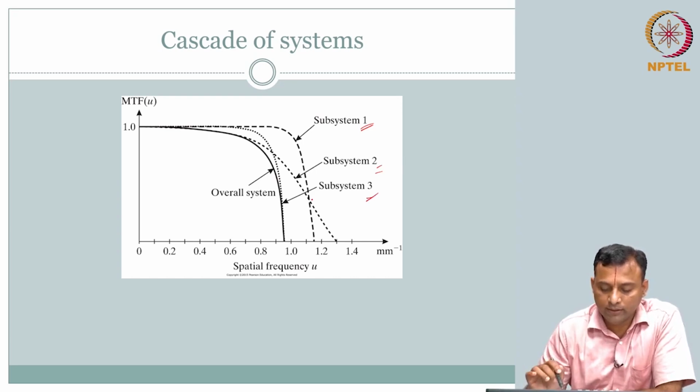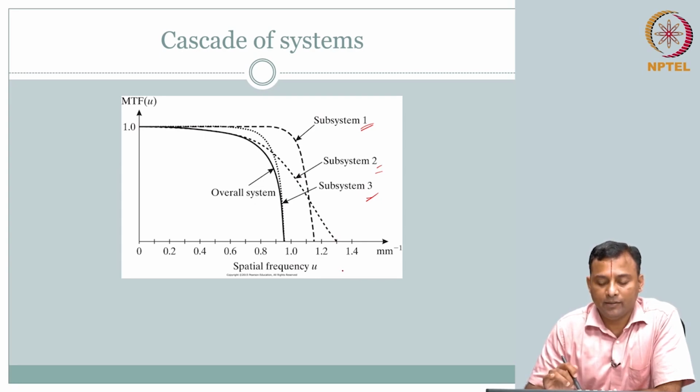Notice subsystem 1 is the widest, goes till 1.1 before it starts to drop. Whereas subsystem 3 drops after 0.8, and you see subsystem 2 starts to drop, but at a slower rate than subsystem 1. So it actually covers more frequencies where it is non-zero,